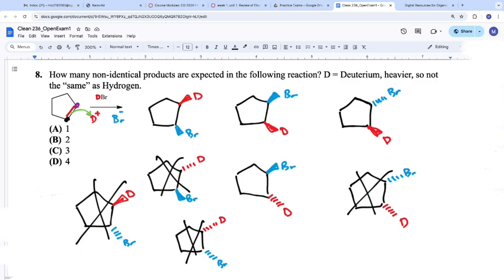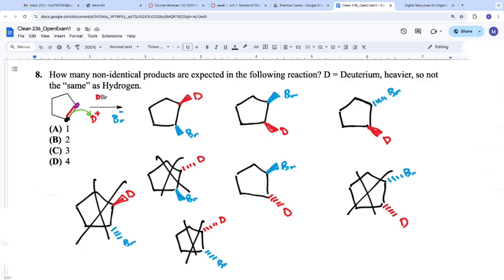On an exam, where would I place this one? This is probably middle of the pack. I probably wouldn't do this one first. I might start it and then be like, oh God, stereochemistry. But I'd have that work started so I knew what I needed to do, and then I would move on and hope I could double back to it. If I can't double back to it, I could go through and be like, there's tons of stereochemistry involved in this, so what's my most likely answer? 4, because it's the most possible answer choices. That's a very half-assed approach, but if that's what you got, that's what you got. It's going to be a multiple of 2, so you only cross out 2 answers from that. Kind of makes sense?